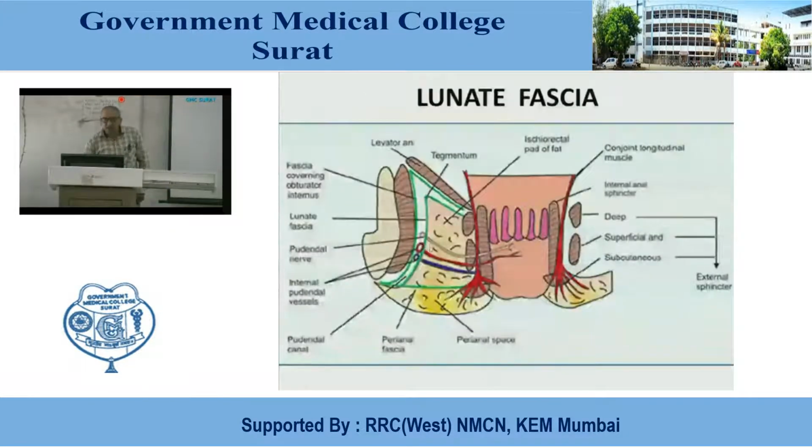This one is the pudendal canal, formed between these two fasciae, the fascia covering the obturator internus and the fascia lunata. So the pudendal canal is a somewhat curved canal in relation to the lateral wall of this ischiorectal fossa, and that extends